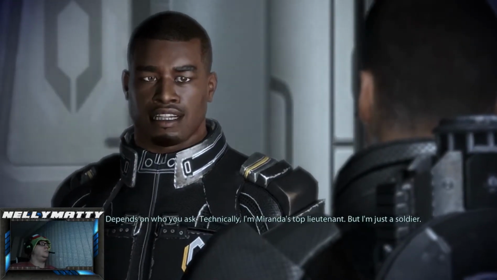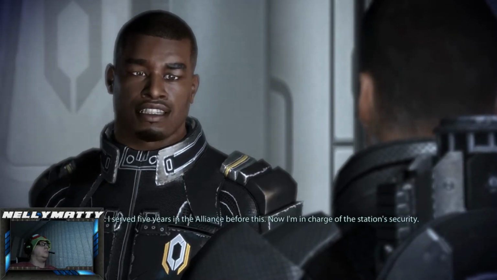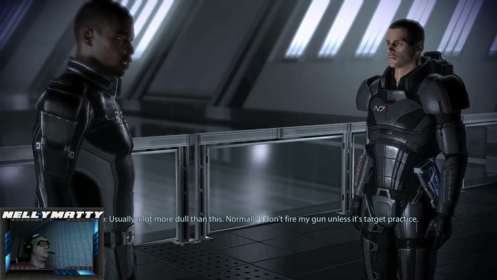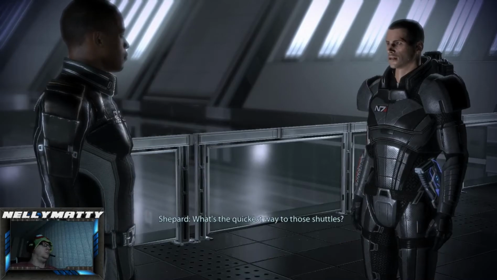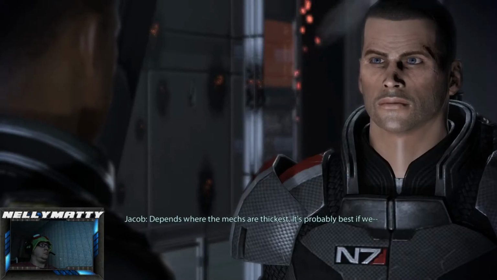Technically, I'm Miranda's top lieutenant, but I'm just a soldier. I served 5 years in the Alliance before this. Now I'm in charge of the station's security. Usually a lot more dull than this. Normally I don't fire my gun unless it's target practice. What's the quickest way to those shuttles? Depends where the mechs are thickest. It's probably best if you...